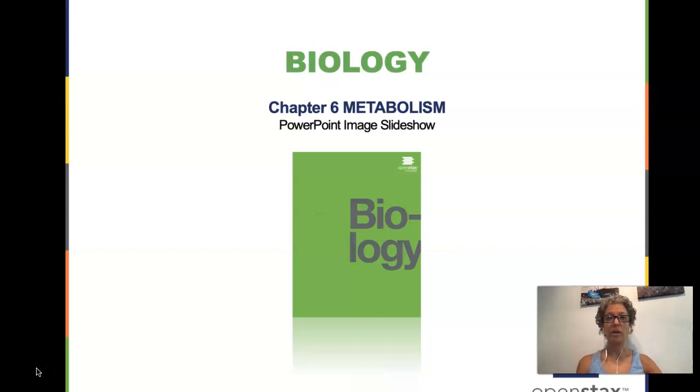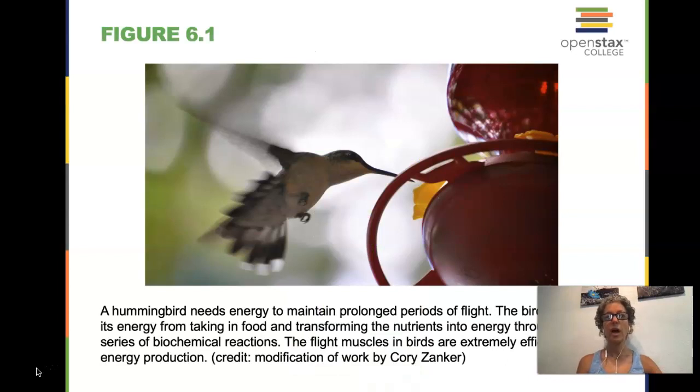So it's not just about how quickly or how slowly one processes food, the rate of your metabolism. We're talking about the sum total of all of the reactions. The hummingbird gets put here as an example of a creature that does have a very high metabolism because their wings move so quickly to allow them to hover in flight. They have very high energy demands. So they have to be very, very